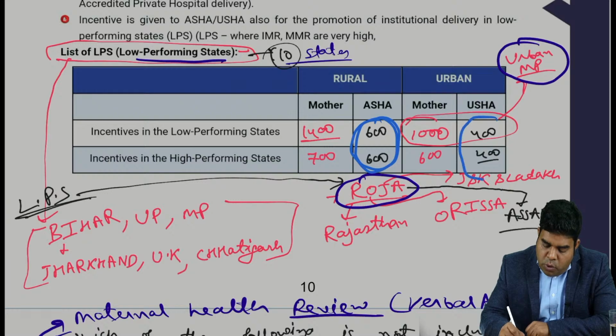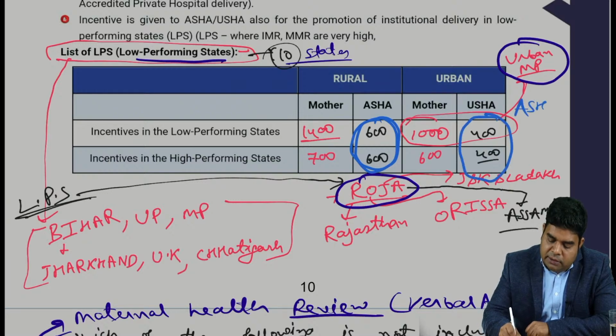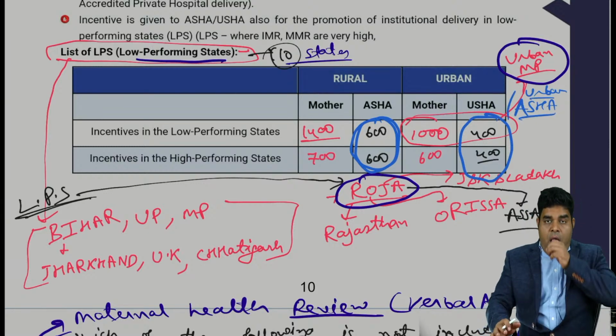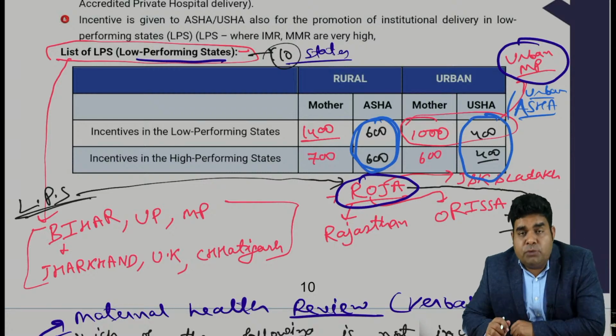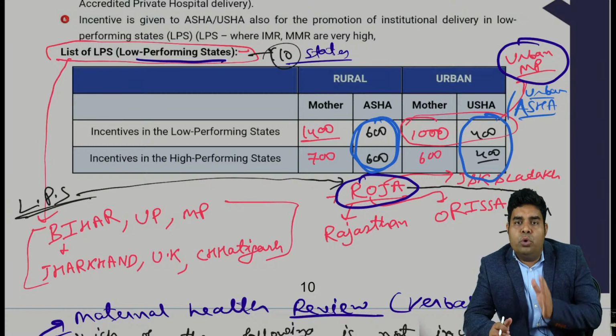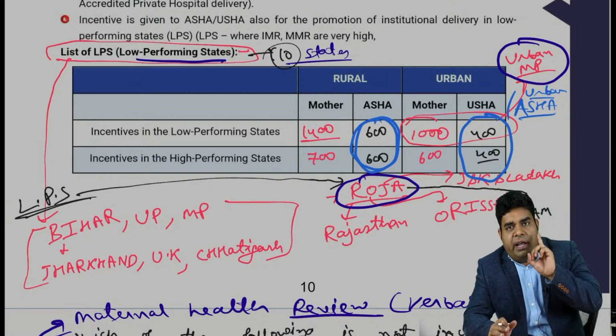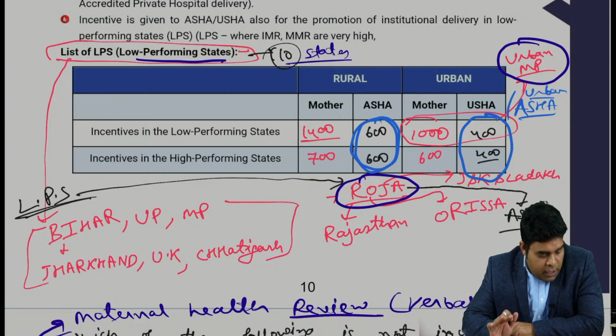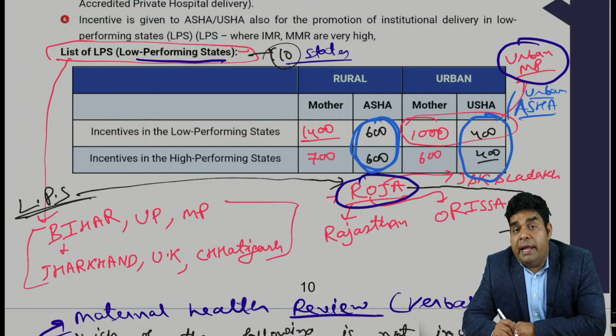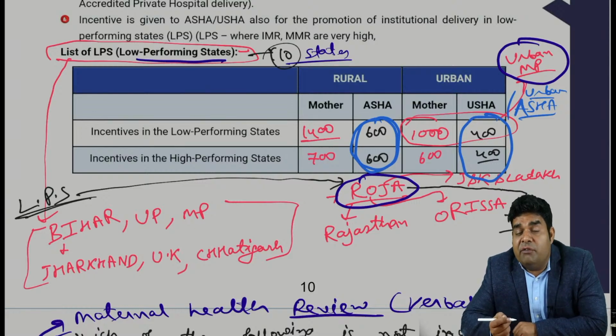And the money given to ASHA in urban area, urban ASHA is USHA. So sometimes they can write USHA as ASHA. Don't get emotional there. So urban area ASHA will get 400, rural area she will get 600. 600, 400, you should never dare to forget it. 600, 400. Then in the low performing, mother will get 1400, and half of that, 700, will be given in